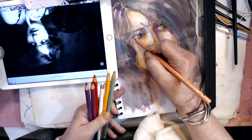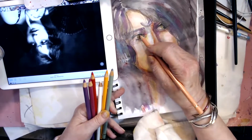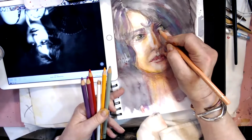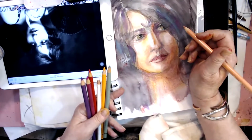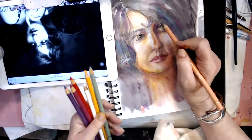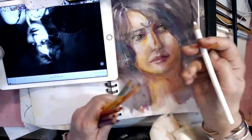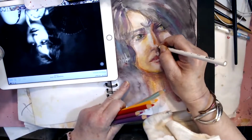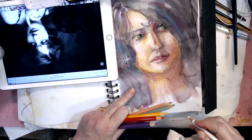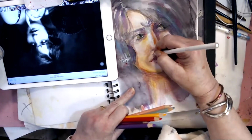The eyeball is shaded by both the lashes and by the curvature of the ball. See, it's not just a flat color. And the whites of the eyes are never white. Ever, ever, ever. It's taking pencil pretty good. I'm about ready to stop. I mean, you know, I could keep going forever, but